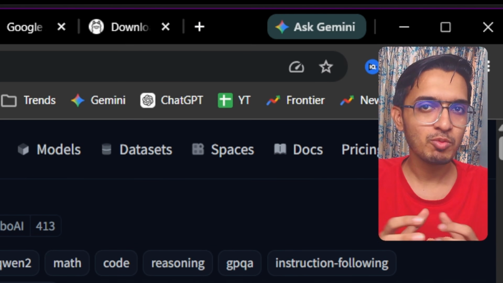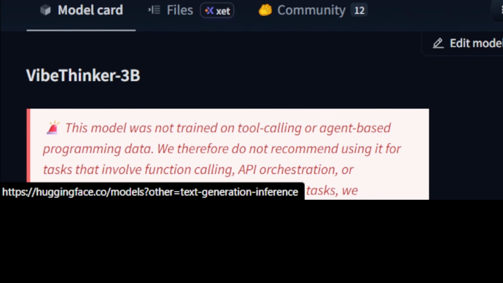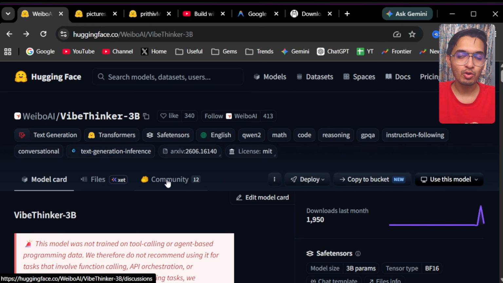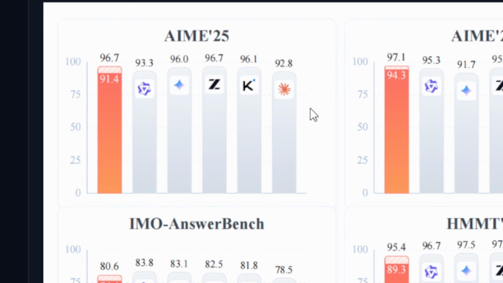Frustrated with massive AI models requiring heavy high-end GPUs just to write simple pieces of code? What if a tiny 3 billion parameter model can beat all those giants while running on a regular laptop? I'm talking about the VibeThinker 3B model, which is recently released and it is already beating major AI models in